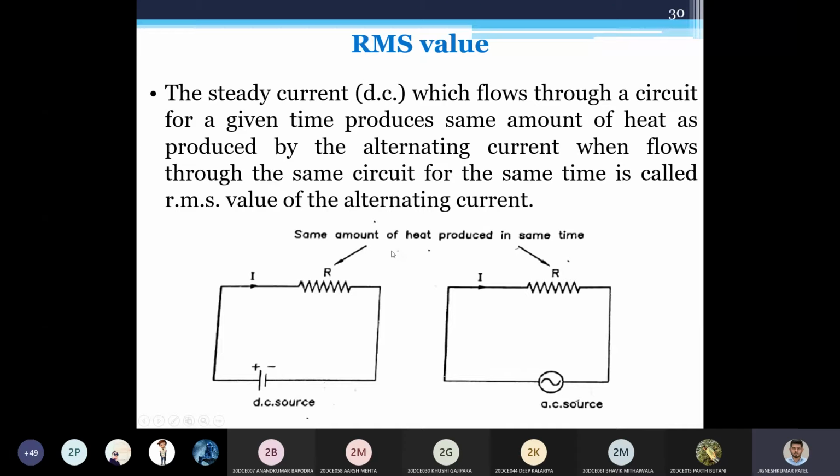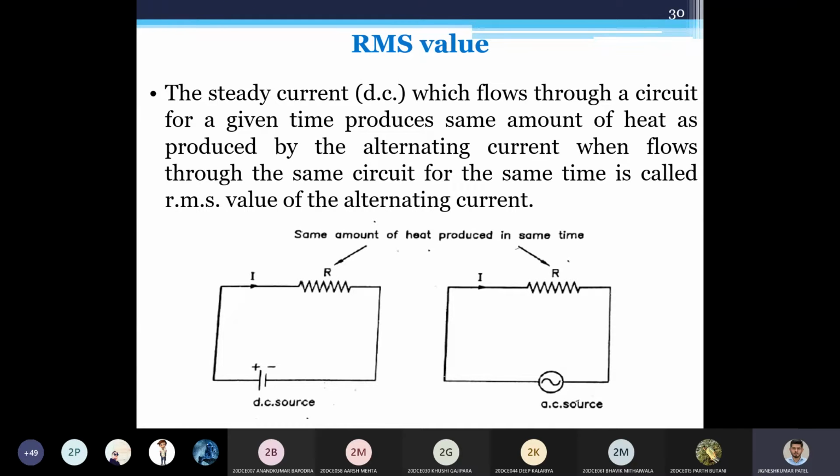So our target is to match up the heat produced in the element. For an example, heat produced in this resistor. So if I pass a 5 ampere current from here to here for 1 second, and whatever heat is produced in this element, and I pass some X current for 1 second, and if it produces the same 5 joules of heat, in that case I can say this is the RMS value of the current. Whatever X is, is my RMS value of the current. So here we are matching the heat produced over the same amount of time in DC as well as AC.